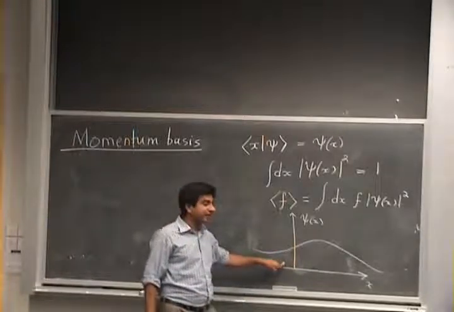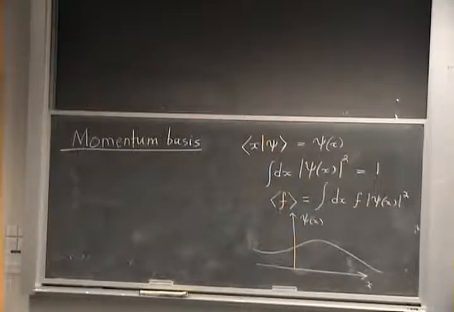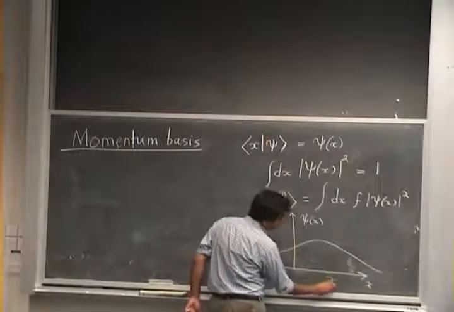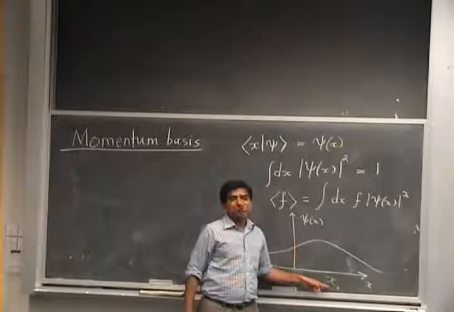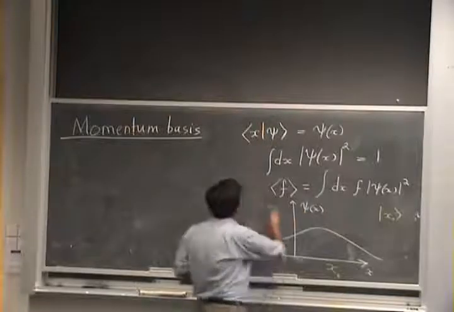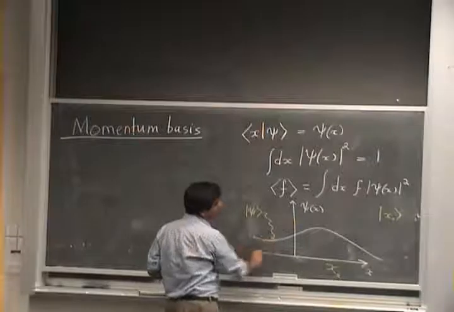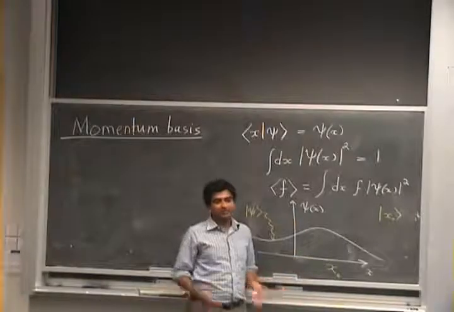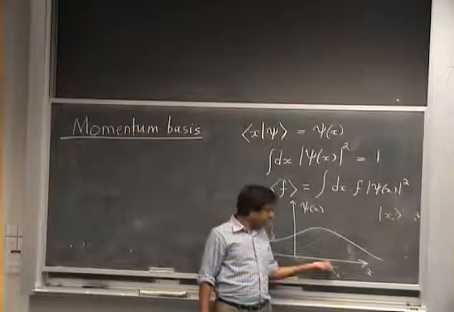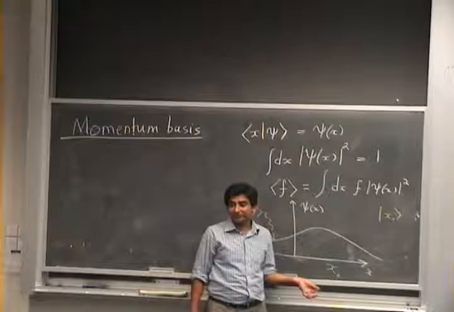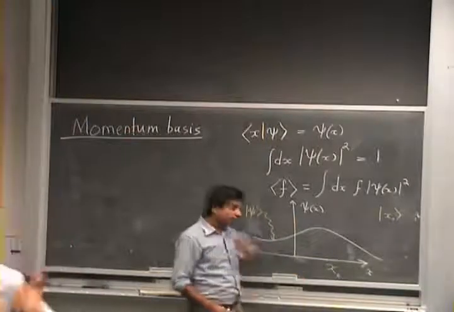Now, if you make a measurement of the position, which is an observable, you generate a new quantum state, right? Because you collapse into one of the eigenstates of the position operator. Suppose your microscope or your detection apparatus measures the position to be x naught. Right? This means you've created a new state x naught. Initially your state was psi, whose wave function is given by this humpy curve, and now you've measured the position, and it turns out that your instrument gives you a position of x naught. Now there is no uncertainty in this value, it's a precise value. This value is only limited by your instrumental uncertainty. You buy a more expensive instrument, this instrumental uncertainty can decrease. But this is purely instrumental. Okay? So you get a precise value of x naught,